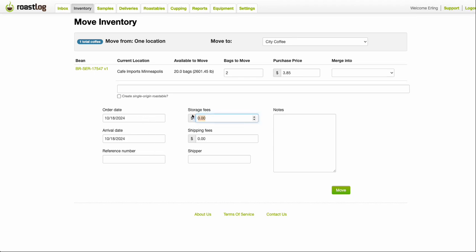Maybe what I'll do is add a storage fee, $100 storage fee, and maybe there was some sort of transfer fee you wanted to track. You can add reference numbers, shipping numbers, and any free text notes that you want. Make a mental note of the bean, and once I hit move